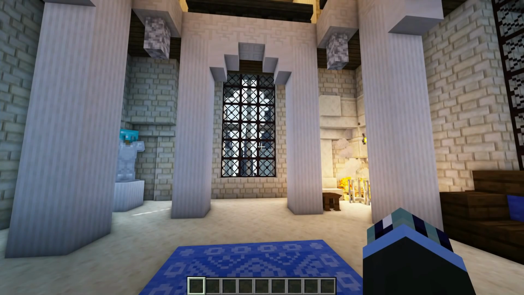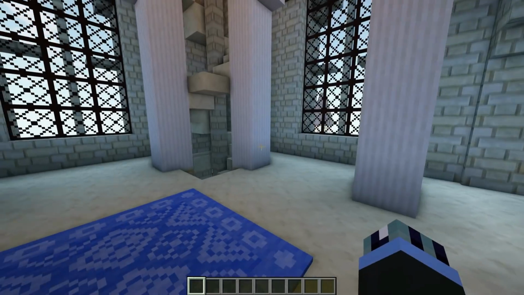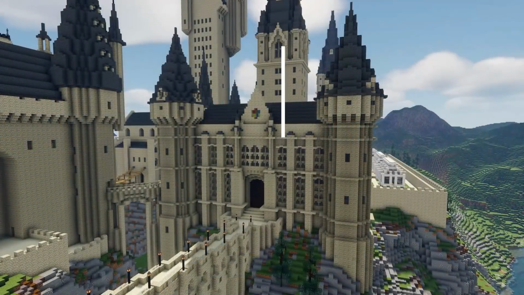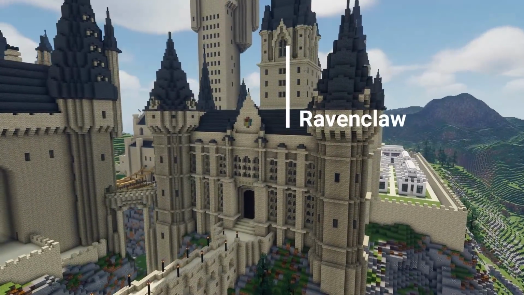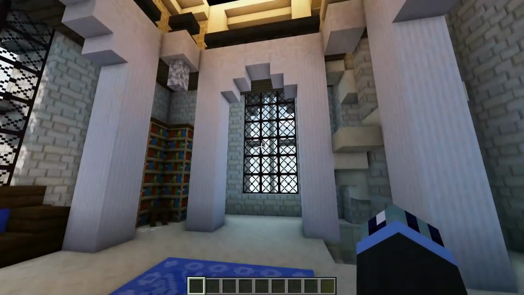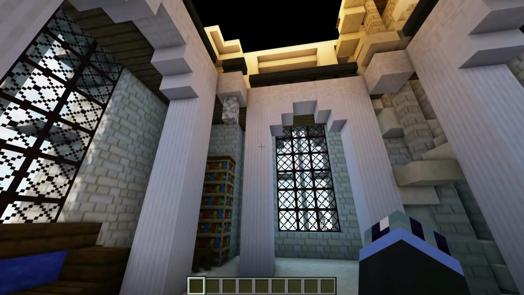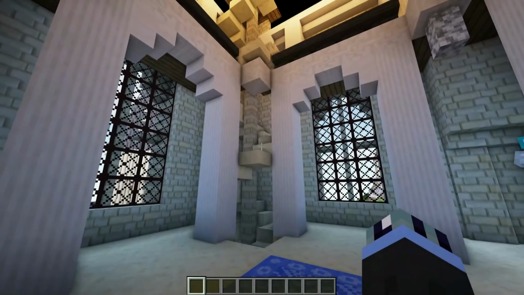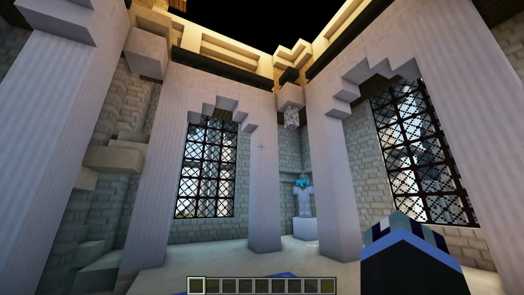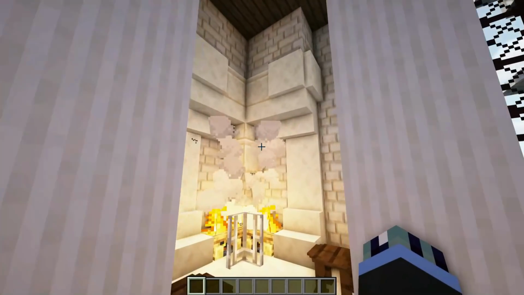And so, the fourth and final common room is, of course, Ravenclaw Common Room, which is situated in the central tower. And so, I have the common room sitting in the top of the tower, within the large glass windows at the top. And so, this is the design I came up with. Once again, I am very limited by the space available in the tower, but I have made a quite feminine design with some very simple archways going around the common room with some carpets and a nice fireplace